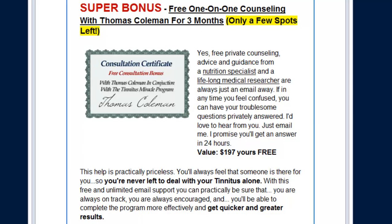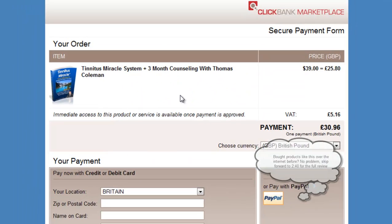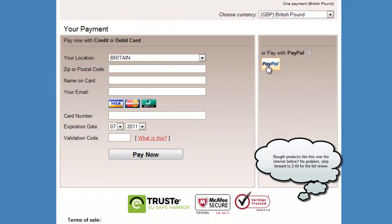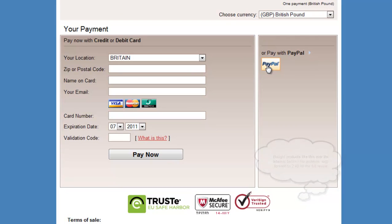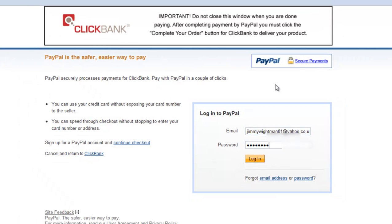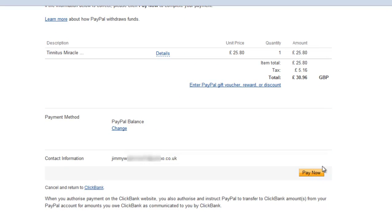So what I'm going to do now is just show you how you download it. Quite simple really, just order now, and this will take you onto the ClickBank marketplace. I've bought hundreds of things from ClickBank for various reviews before, so I'm just going to do PayPal, but if you don't have PayPal, you can always fill in your credit card details here. And that's it. Quite simply, it takes you through to this page. You hit pay now,